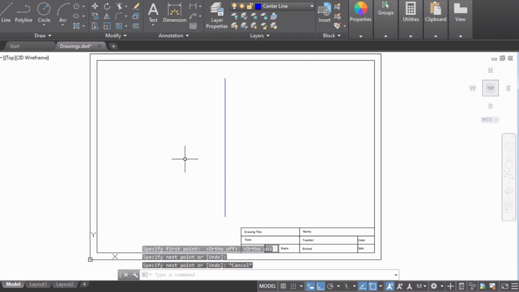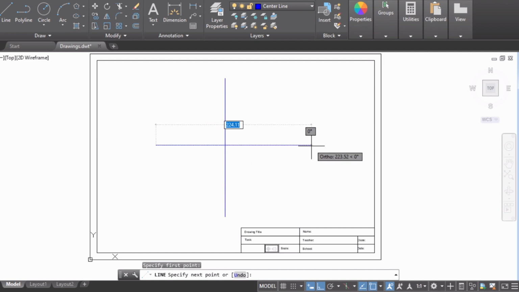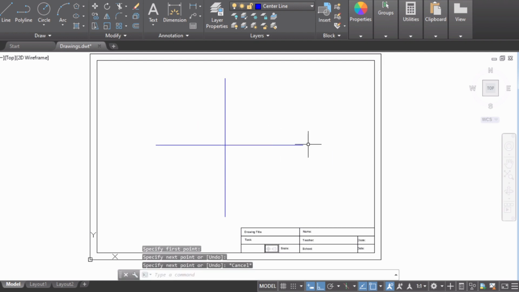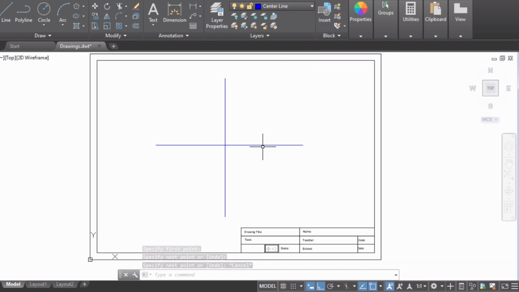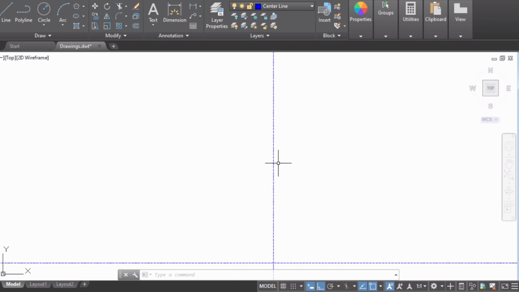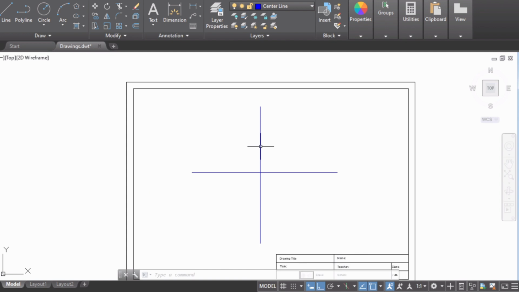Now I need to find another center, so I'm gonna draw a horizontal line as well. So here you can see, since you choose it as a center line, the line becomes automatically blue. And one more thing, we choose the dashed line. If you zoom in, you can see this line is actually dashed, but when you zoom out, it is not